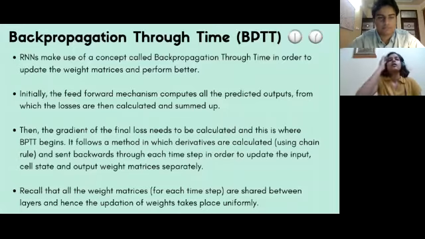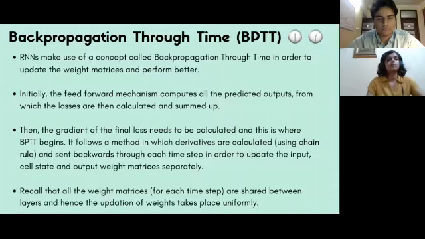Backpropagation through time basically sends all the gradients that you calculate back through the neural network and across each and every time step simultaneously. And when you're updating your weight matrices, you update them uniformly throughout time. That is a very important fact here.